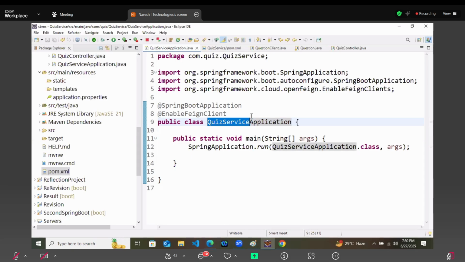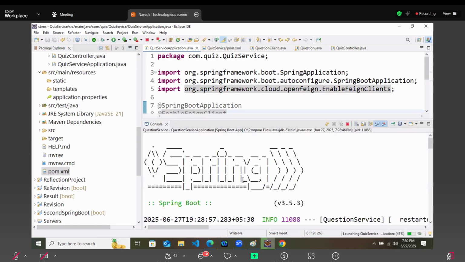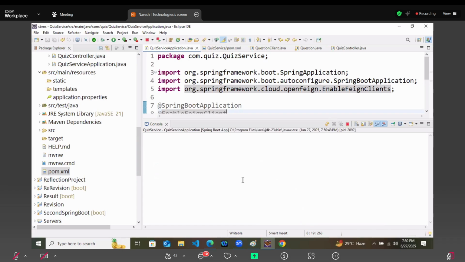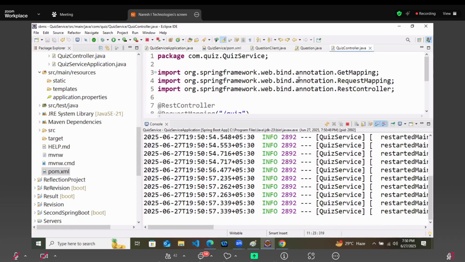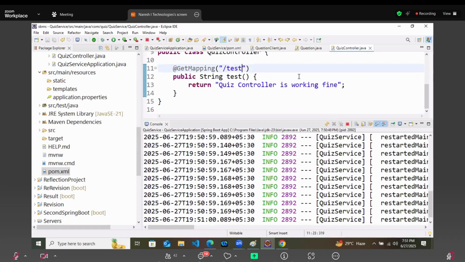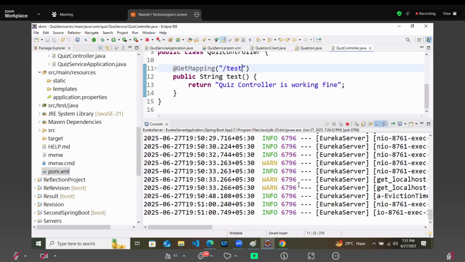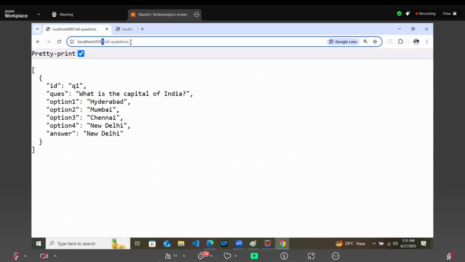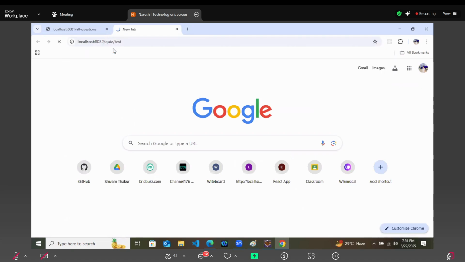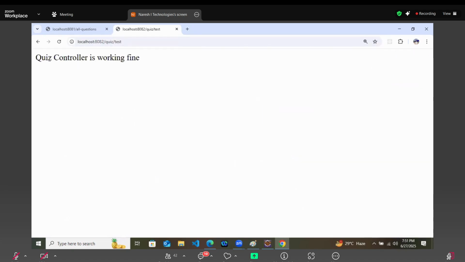Now we will restart our quiz service application and it should post the data this time from this quiz controller. Okay, so here the quiz controller is working fine, but we don't need the quiz controller to work fine.